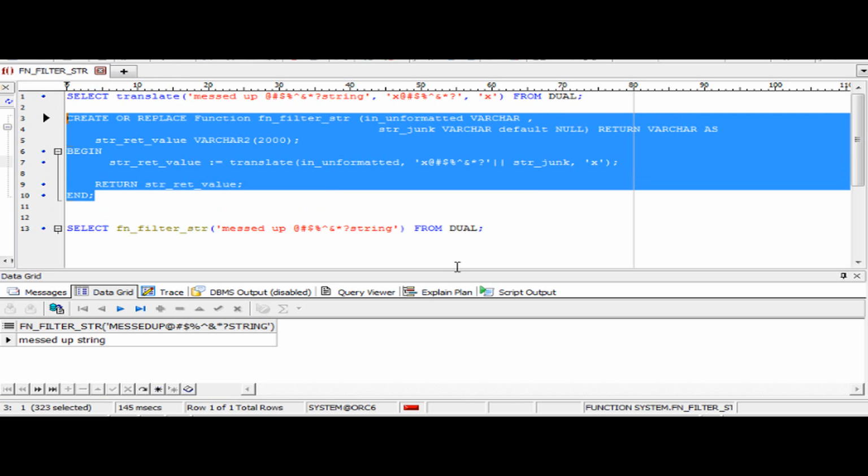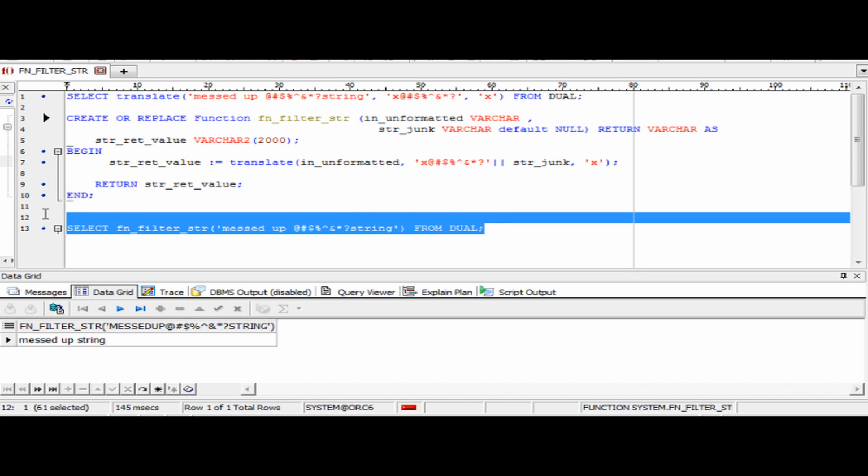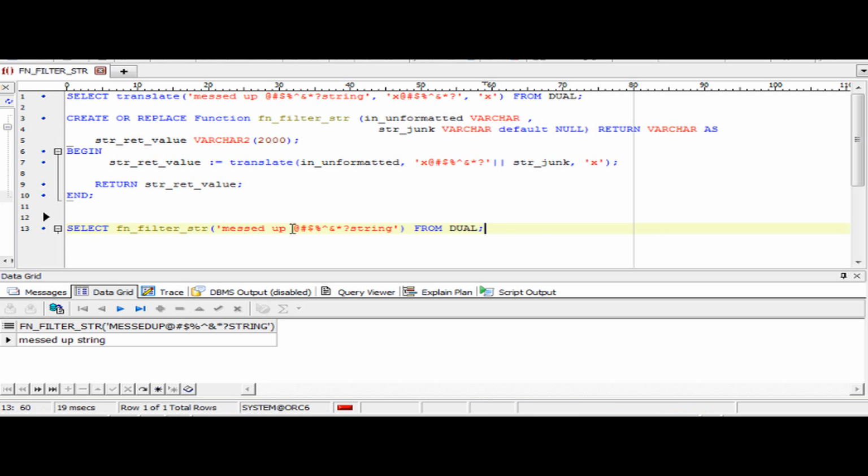The function is altered. Okay, what will happen without the additional parameter? It runs as is. Why does it run as is? Because the third parameter's default value is null. So if we don't insert any value there, it will default to null. But if there is an additional character or additional filter, how will it work? Let us test. So now we have an exclamation mark as the third parameter.